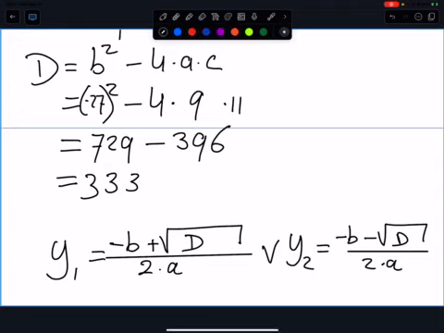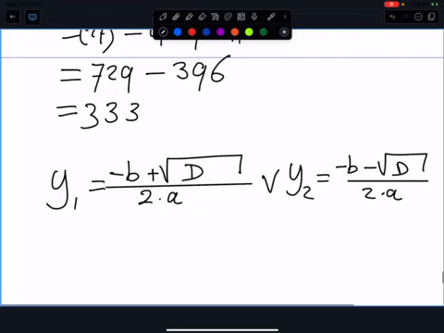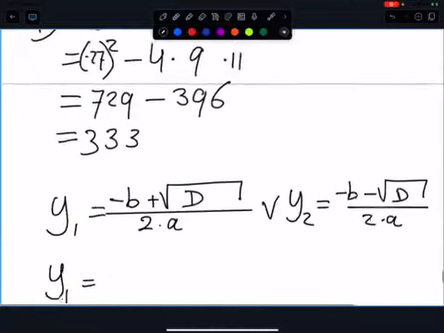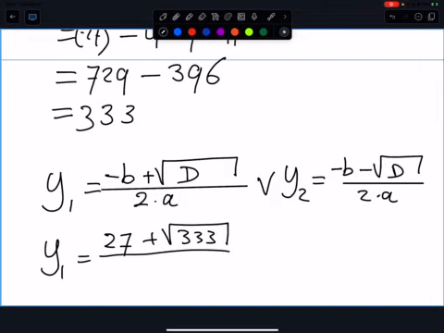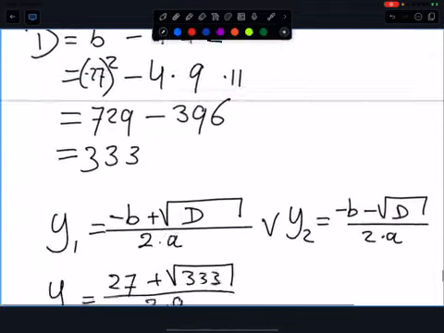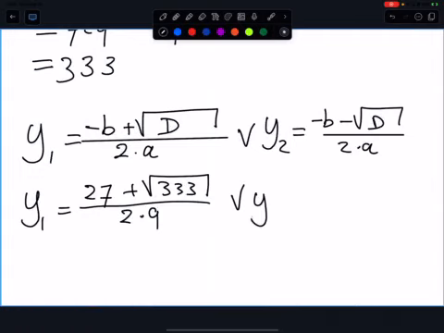This formula is in the cover sheet of your exam. You just have to know how to use it. So y1 equals, b is negative 27, so this becomes 27. Add the square root of 333 divided by 2 times 9. Or y2 equals